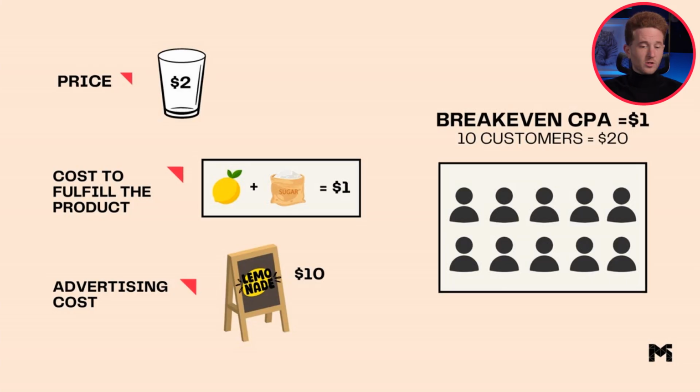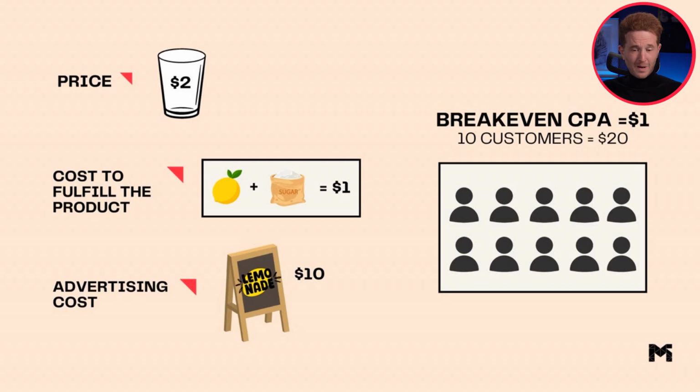So here's a very simple example with very simple figures, very simple math. I have a cup of lemonade, and it's $2. This is what I sell. I'm running a lemonade stand. And I know that for every $2 lemonade sale that I generate, I paid $1 in materials. A lemon, and I paid for sugar. And there's a lot of sugar in lemonade. So it was $1.